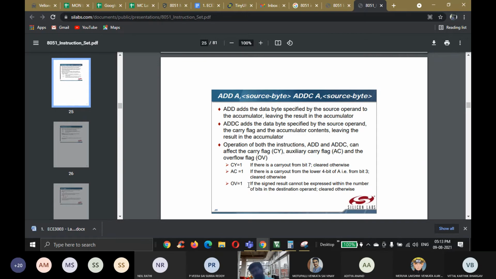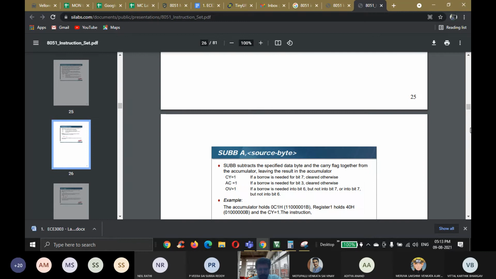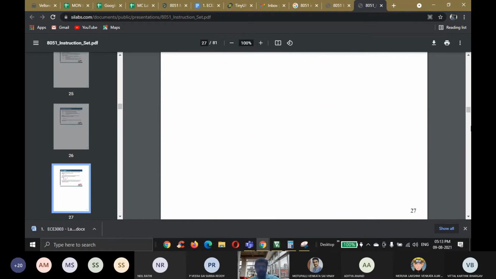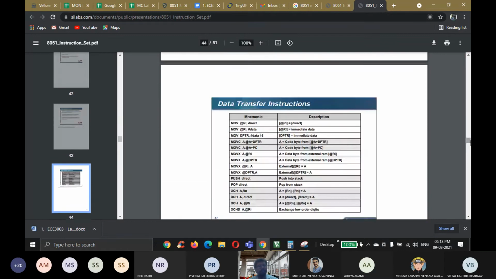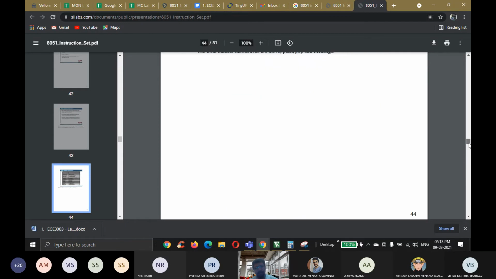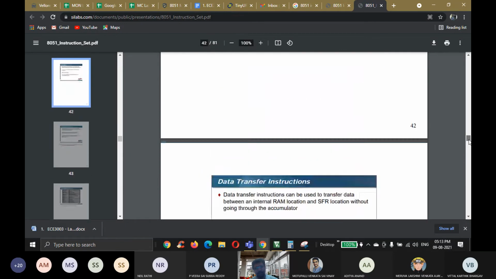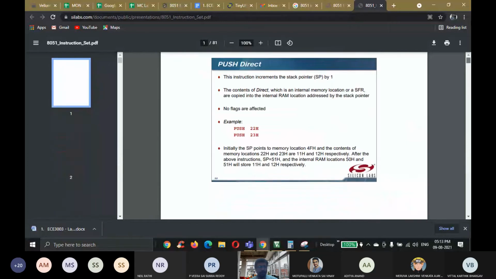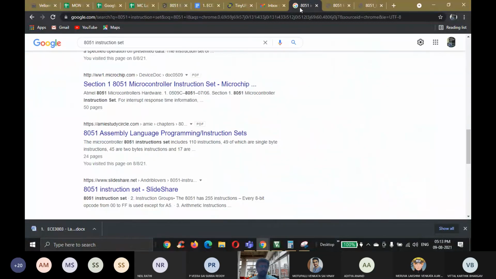Overflow will be affected if the signed result cannot be expressed within the number of bits in the destination operand. So this is an example of how the flags are affected for addition and subtraction. They have given the mnemonic and the description for each and every instruction. All these things we will be studying in the theory.